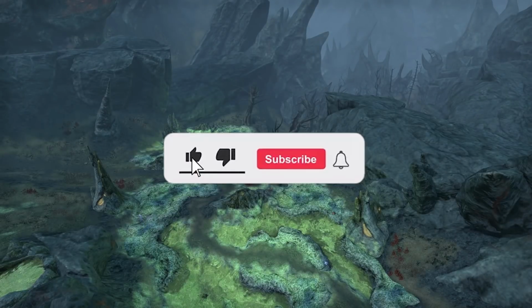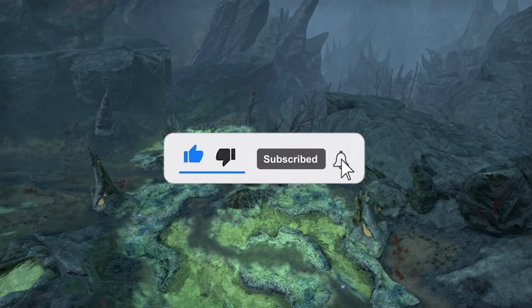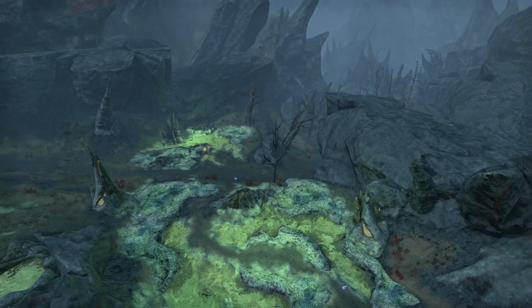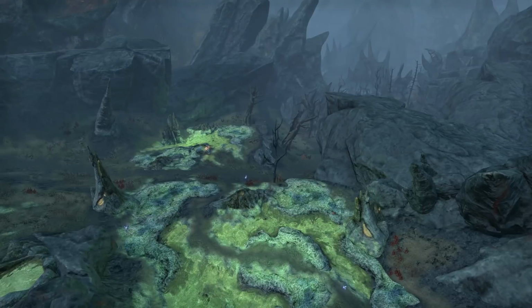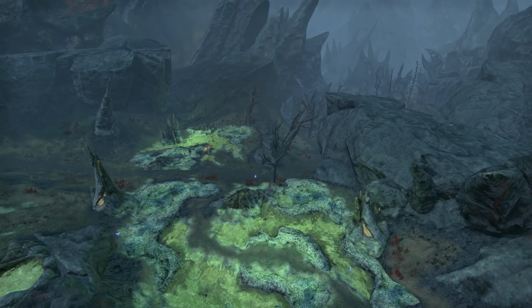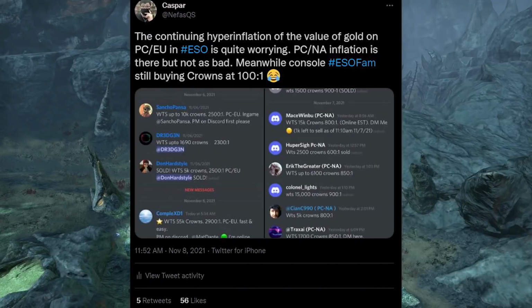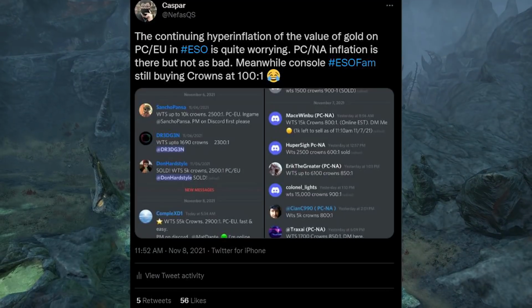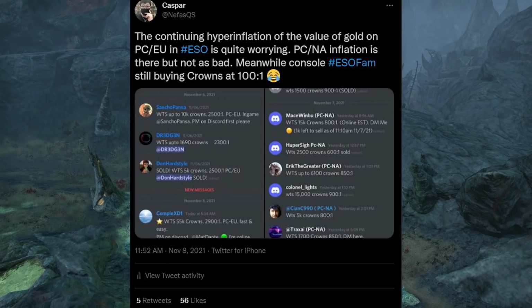In this video, we'll be talking about something that has become quite problematic for a lot of ESO players, particularly on PC Europe and most likely PCNA. Recently I tweeted out that the continuing hyperinflation of gold, or rather the value of gold on PC Europe in ESO is quite worrying. PCNA inflation in comparison is not as bad, but still is noticeable and has been increasing